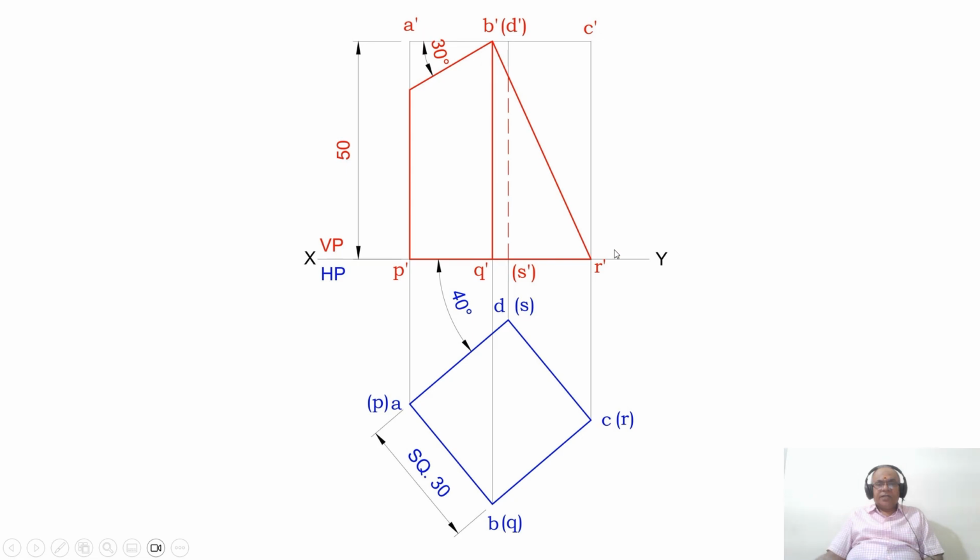First, draw an XY line and mark VP and HP. In the top view, take any point and with reference to the horizontal, measure an angle of 40 degrees and draw an inclined line. Then, using the compass, take a radius of 40, consider any point on that 40 degree line and mark that point. From there, cut an arc on this so that you mark this point as D